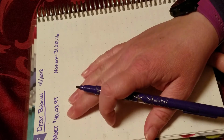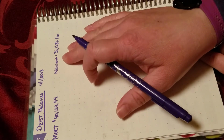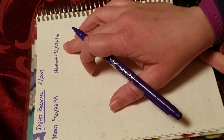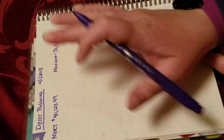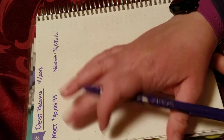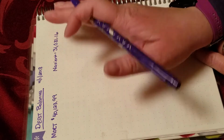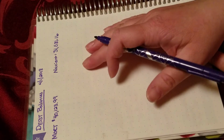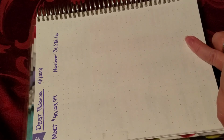We are starting to whittle away at this mortgage, but we're focusing more on savings because we will not be able to sell this house in time to accommodate the new house. So we have to have all our down payment and everything set aside. And as soon as we sell the house we currently live in, this debt will be gone. And we may use the rest of the proceeds of this house to pay off that mortgage. And then all we have to do is wait for the sale of this house, the second home, and that'll go towards our mortgage on our new home. So that's it for my debts. Just over $71,000, which is not too shabby. But that's it for my month